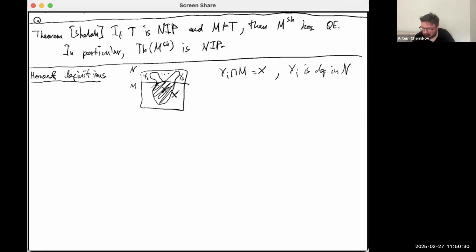And what we want to do is somehow isolate, among all possible external definitions, the ones which are better behaved in some sense, and focus on those. And what do I mean by better behaved? This is going to be some kind of directedness between such external definitions. So to define it precisely,